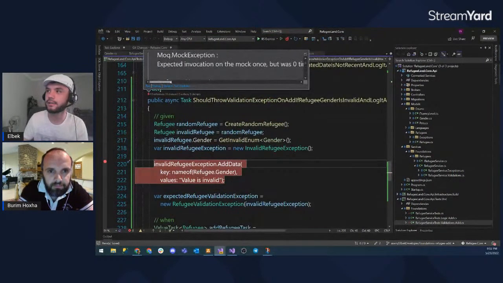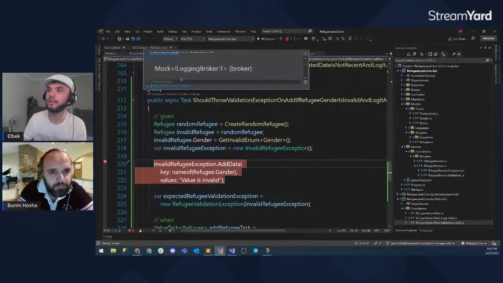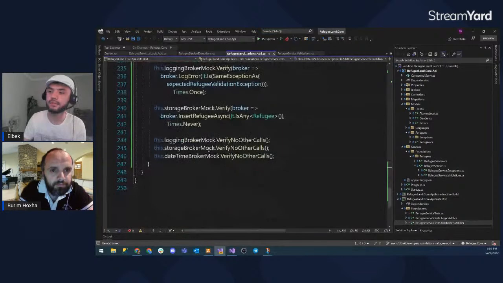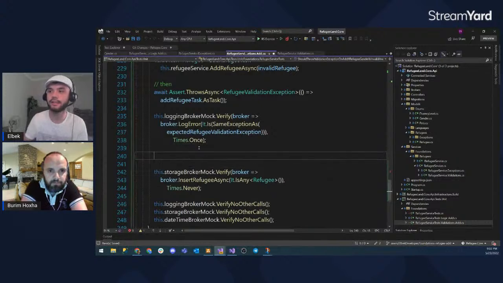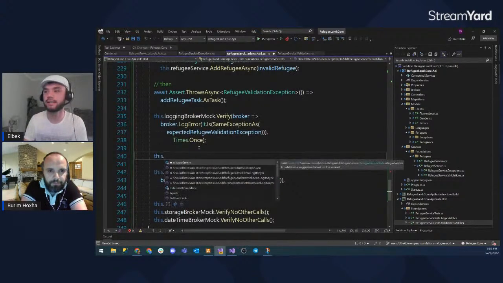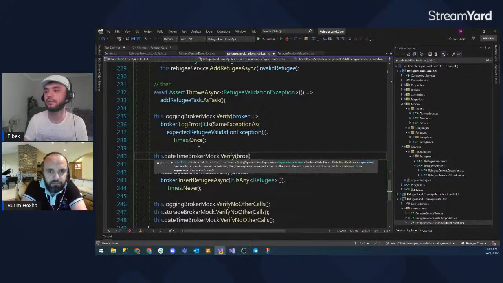It's correct. Expected invocation on mock once, but zero times. The log error expected a different exception, but it has thrown a different one. And I should also not forget that my method logic calls the datetime broker once for the created date. So that's why I say this. But datetime broker mock verify that broker